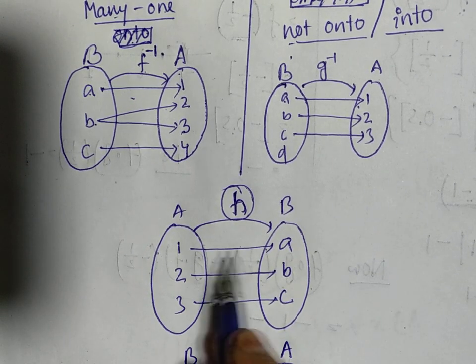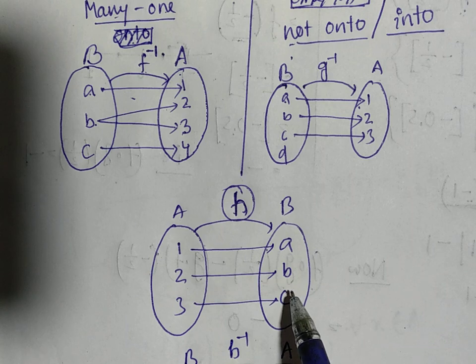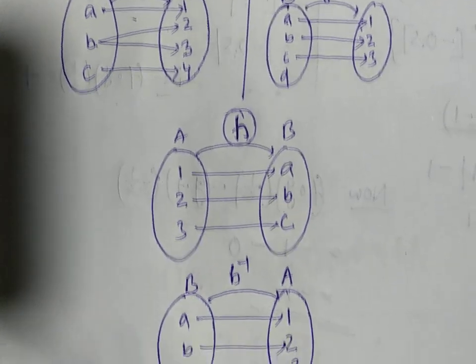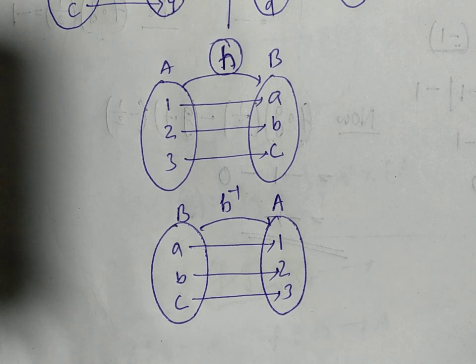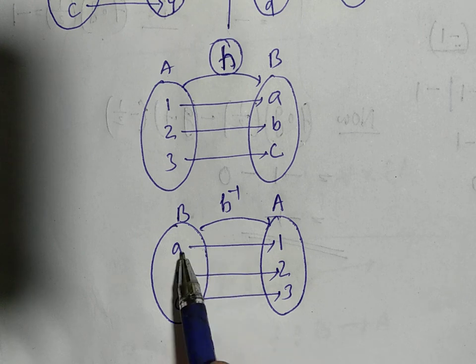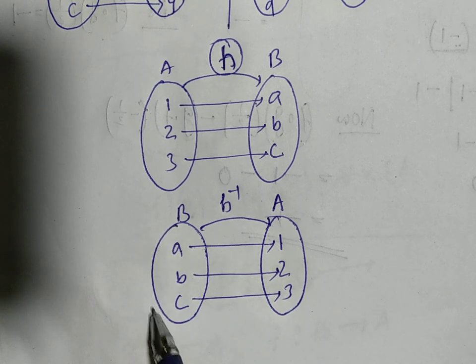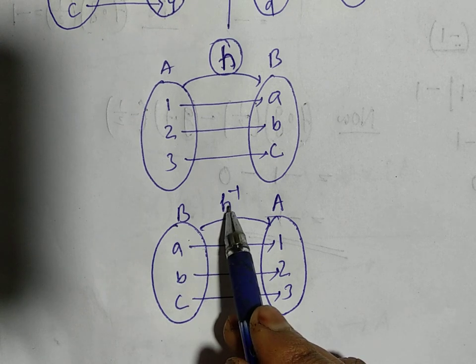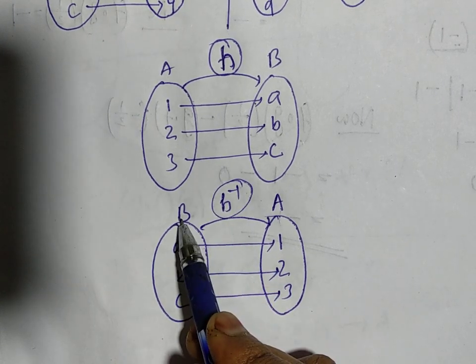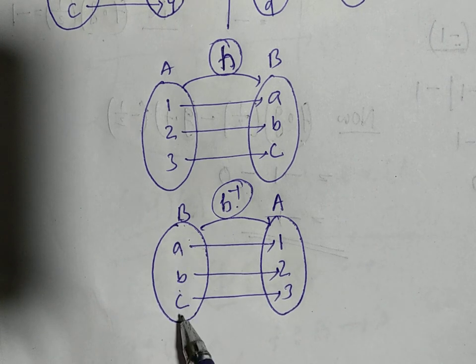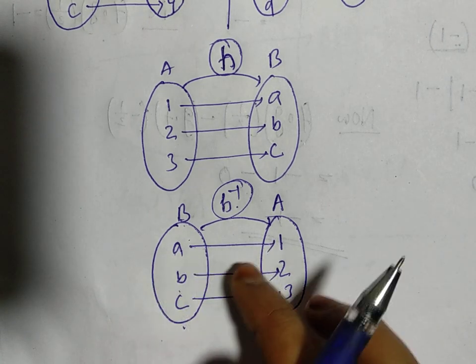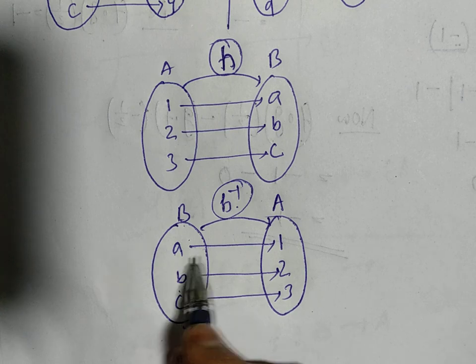Here the function is 1-1 plus onto. So can we consider the inverse of this function? Obviously, if we have it in a reverse way, yes, in the reverse way also we can easily consider another function. Okay, so a is related to 1, all the elements of the first set are related. For a function, all the elements of the first set should be related, all the elements are related, very good, and each and every element have